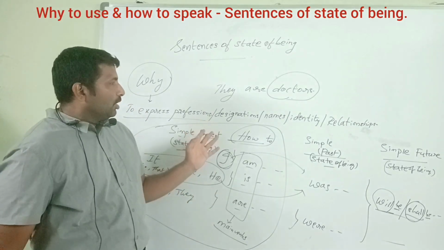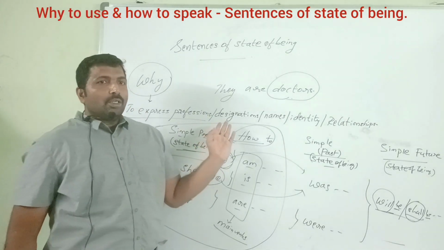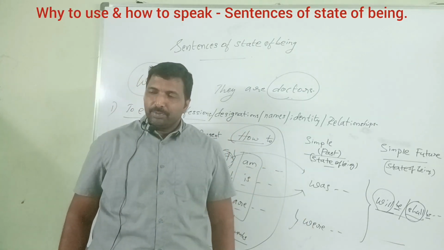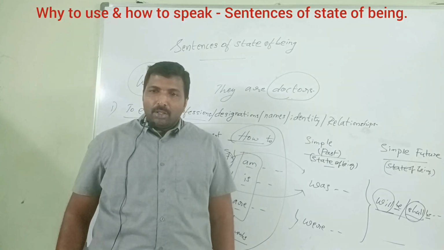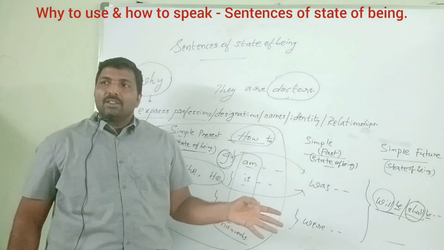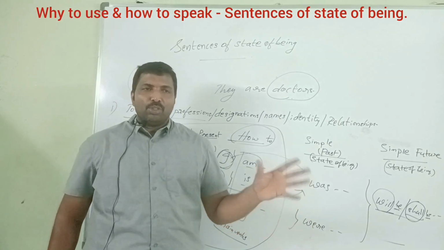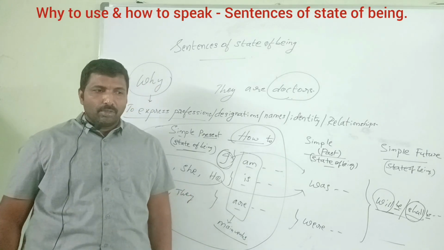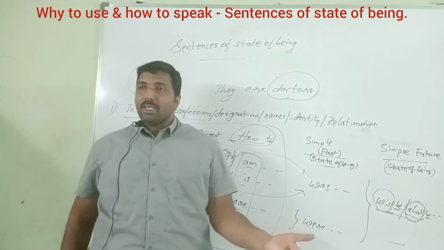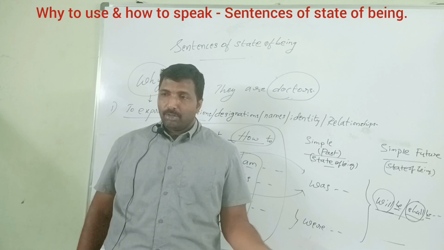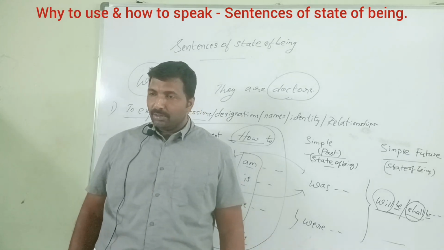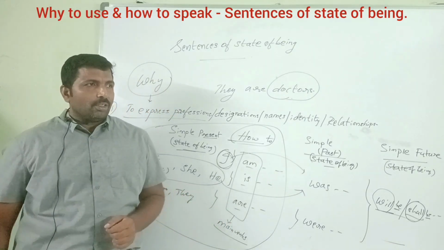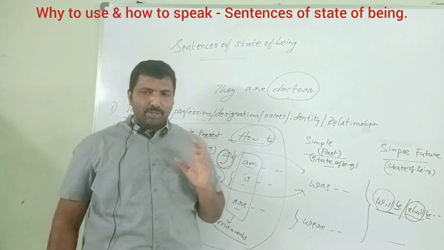Same conditions. Present designations. He was an RI 6 months back. Now he is an MRO. She was an MLA 5 years back. Now she is the cabinet minister. Designations. In future, she will be the CM for a particular state. Are you getting my point? In career, progress, this or that. Any more doubts?